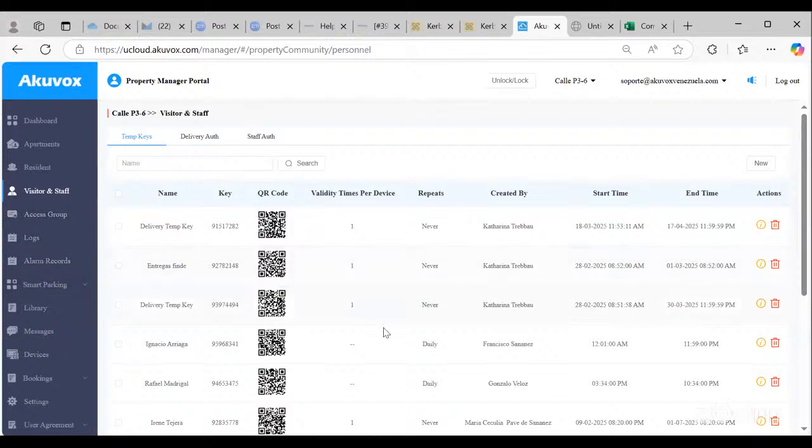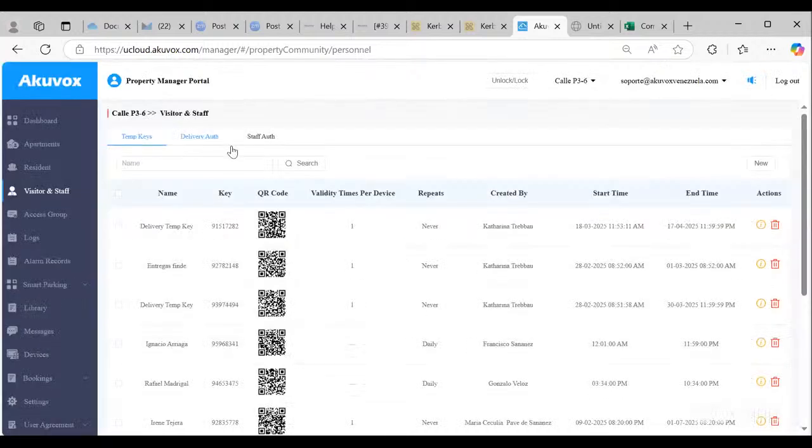Well, besides this, I think that we're running out of time. I wanted to show you as much as possible for installer account, for community office project, but also for property manager portal, because this is really important. That way, the installers don't need to take care of everything in the project. They just need to set up the project. They need to structure the project, add in the devices, attach the main account, the master account of each apartment, and then the property manager will be able to handle it by adding new residents, deleting residents, laying out access group, but also